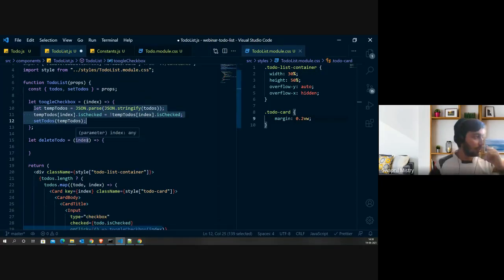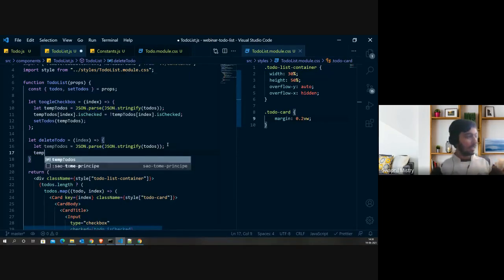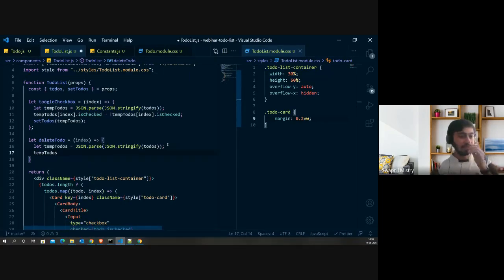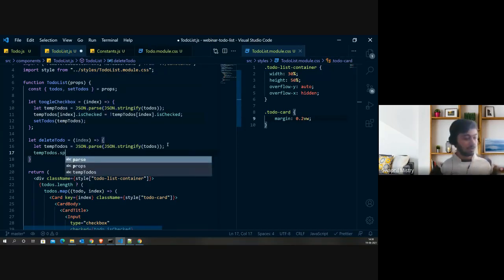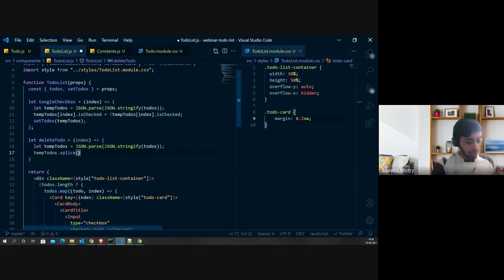Now what we will do is we will again clone the existing values, and then we want to delete that item from a specific index, right? So there's a function in JavaScript called splice. So if I use temp to do's dot splice, what do you need to splice, right?